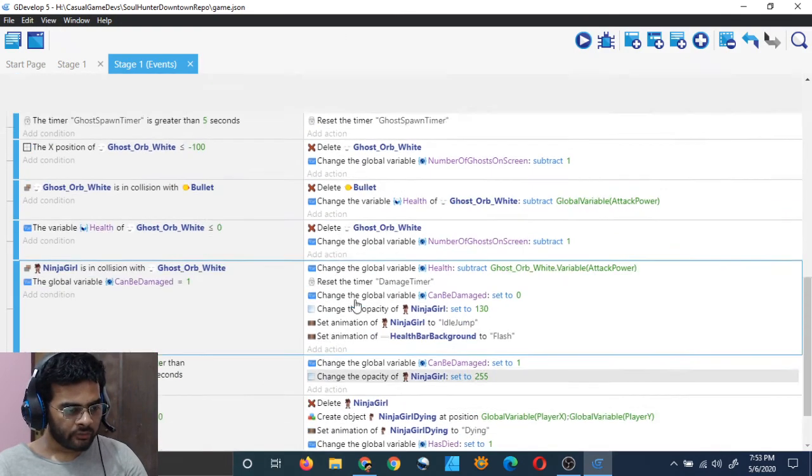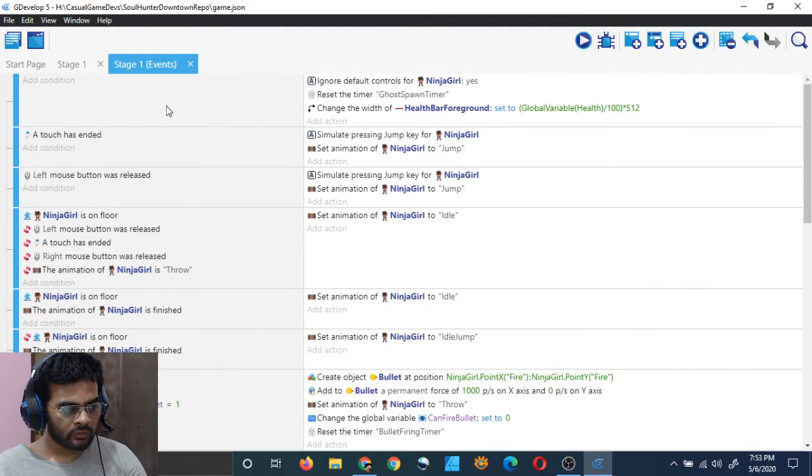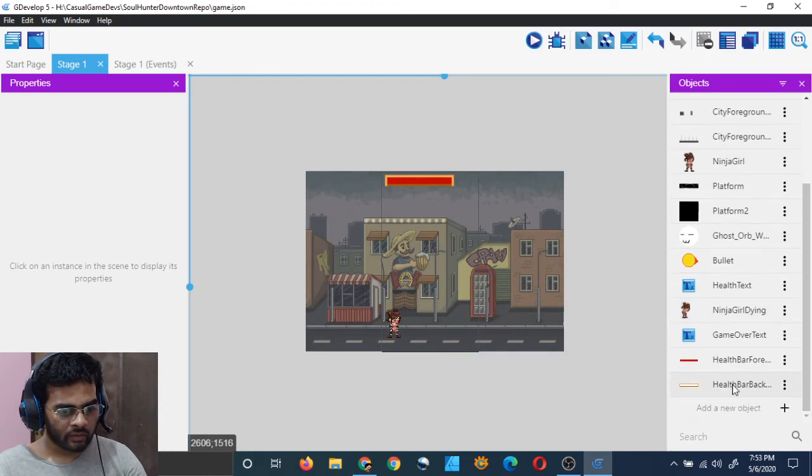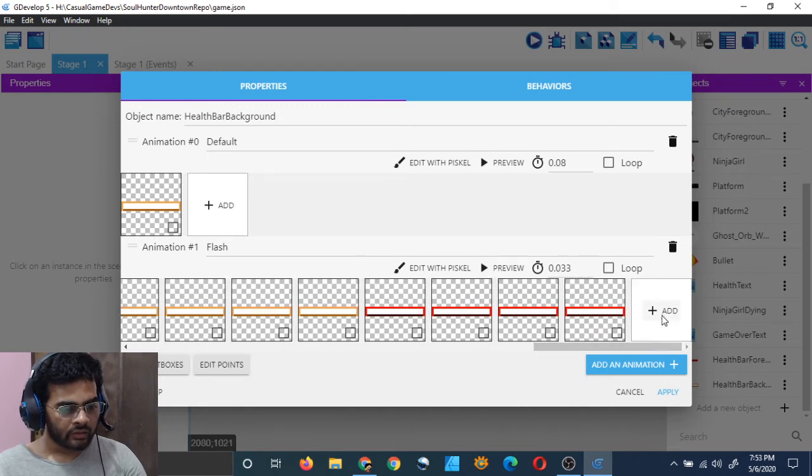But we can fix that very easily. You can fix it from code, but I believe don't touch the code so much. Just go to the animation health bar background and add one frame of the plain color at the end. So let's do that, and I can just click on this.